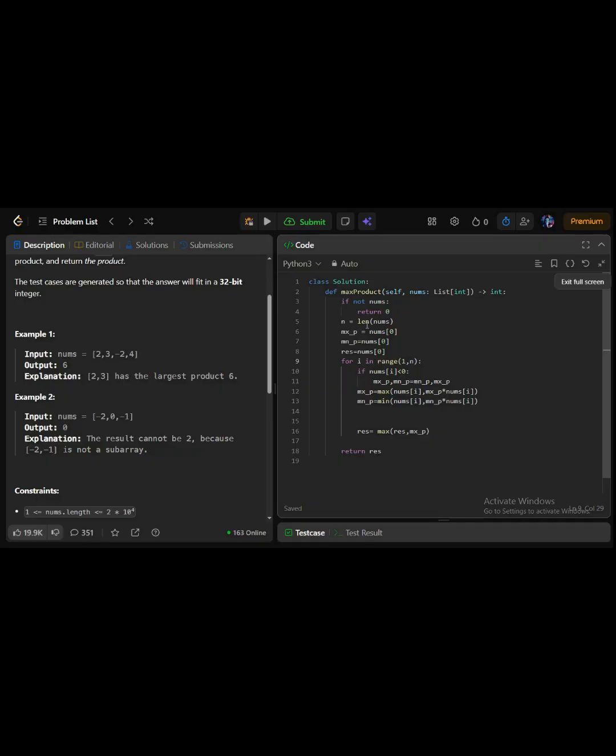In the loop, the first thing I am going to check is whether my current value is negative or not. If it is negative, then I am going to flip my maximum product and minimum product. Why? Let's suppose my maximum product is 4, my minimum product is minus 2, and the current value is minus 3. If I multiply, my maximum product and current value will become minus 12,